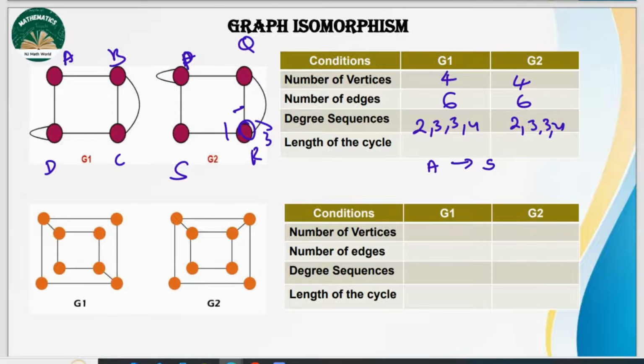So here R is connected with the 2, and the other side is 1, 2, 3. So you have to check: if I'm taking B as mapped with R, then it should have 1, 2, 3. Yeah, it is having 3, and the other side should be 2. So here B and R are mapped. Then next one, if you take the next one, it will be,